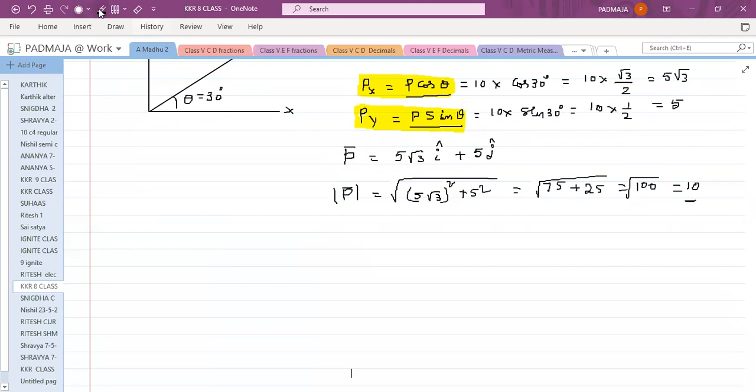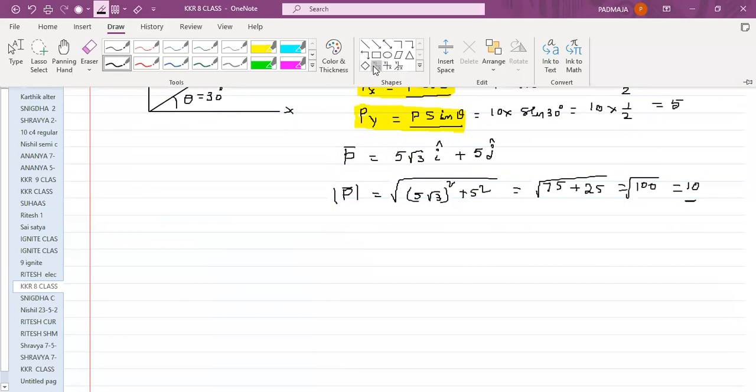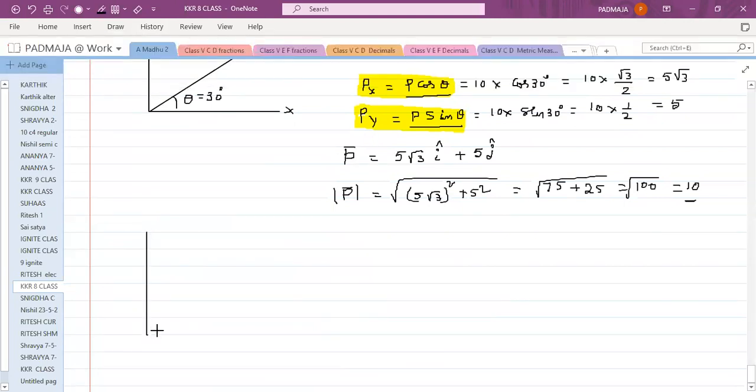Now, let us suppose you are given the same in the form of velocity vectors. Imagine a particle is moving in the xy plane. Suppose on a table, you roll a marble in some direction. Imagine this is the table. At one edge of the table, I am taking the origin. One is the x-axis, the other is the y-axis. So from this edge, I will push the marble in some direction.